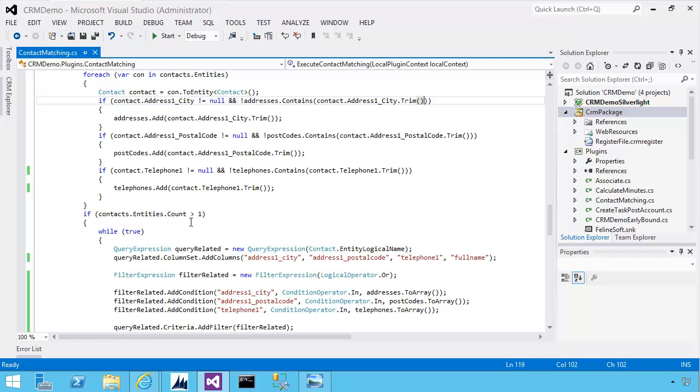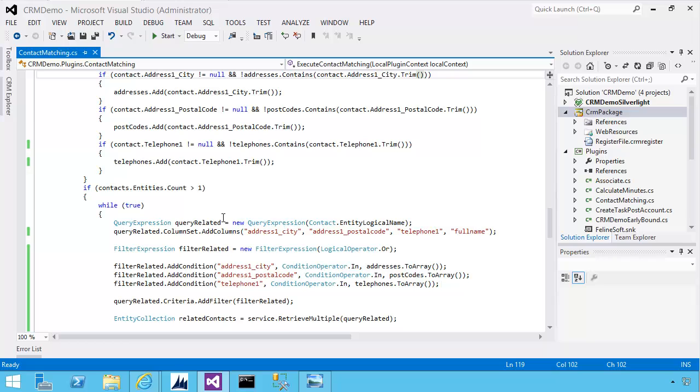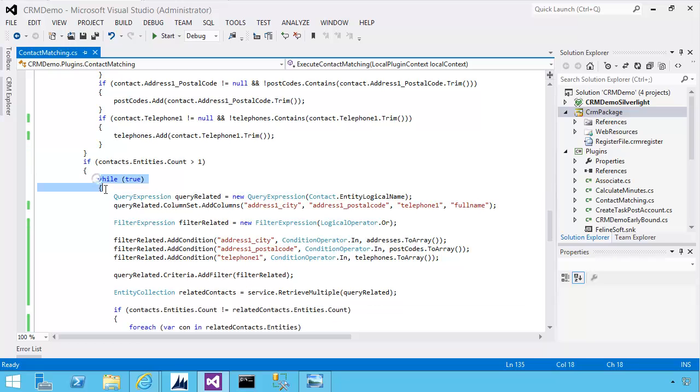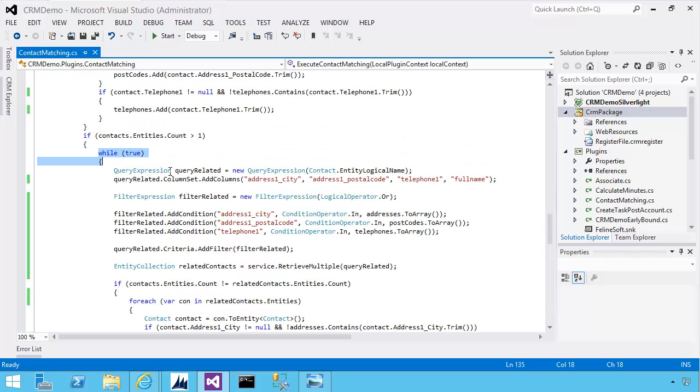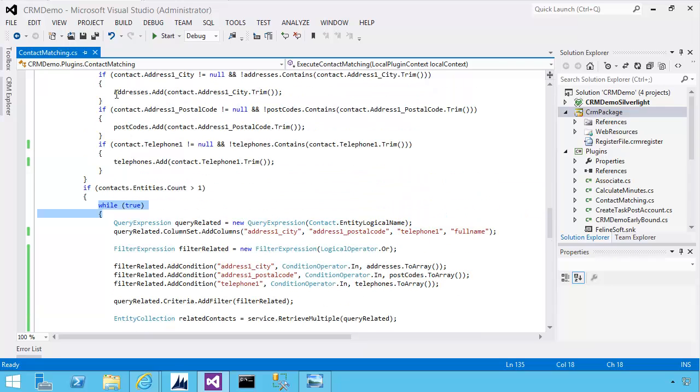Then if the number of results that were retrieved is greater than 1, obviously if it was 1 you've got an exact match and you just generate a single duplicate record. If there's more than 1 result, I'm doing this while loop. So this will just indefinitely, obviously while true is just an infinite loop, where I then query the additional related contacts. So we've added to these collections of criteria,